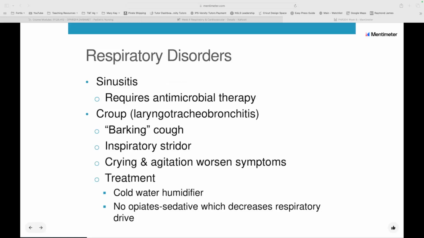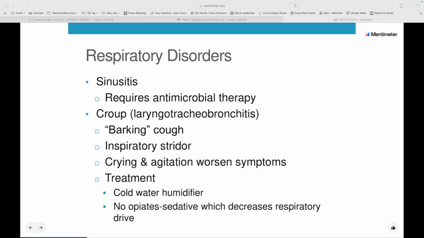And then croup is that barking cough that everybody is pretty familiar with, that very, very traditional barking cough. The extended medical term for croup is laryngotracheobronchitis. That's an important one to remember. And these kids are going to have an inspiratory stridor. So every time they breathe in, you're going to hear that high-pitched squeal as they're breathing in. And then they have that barking cough